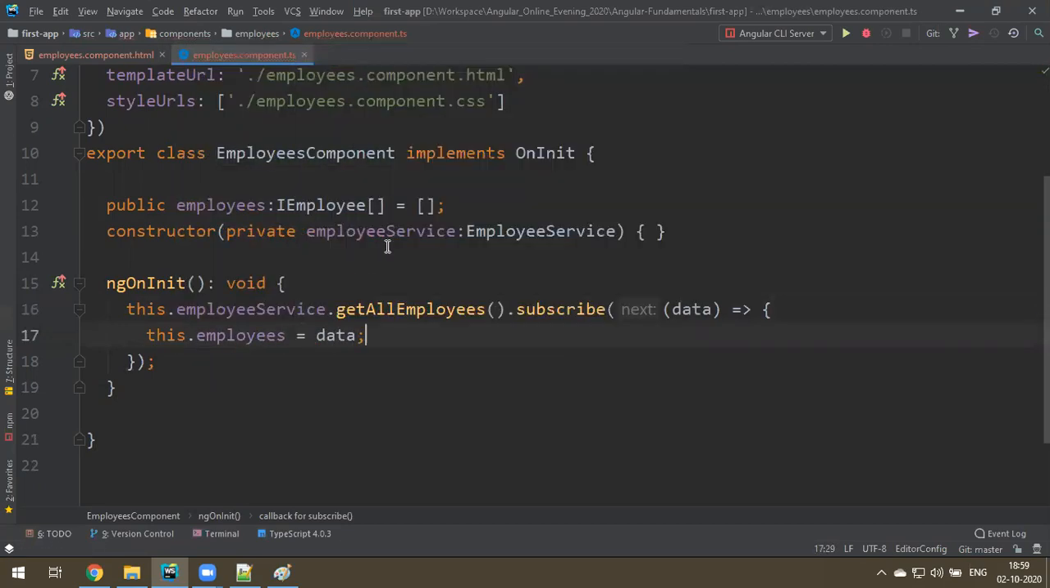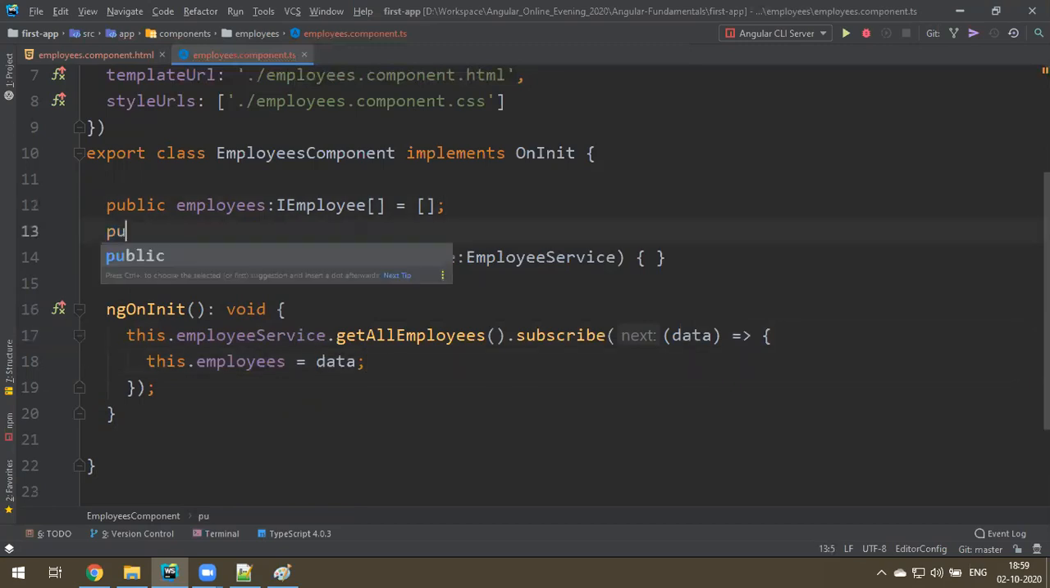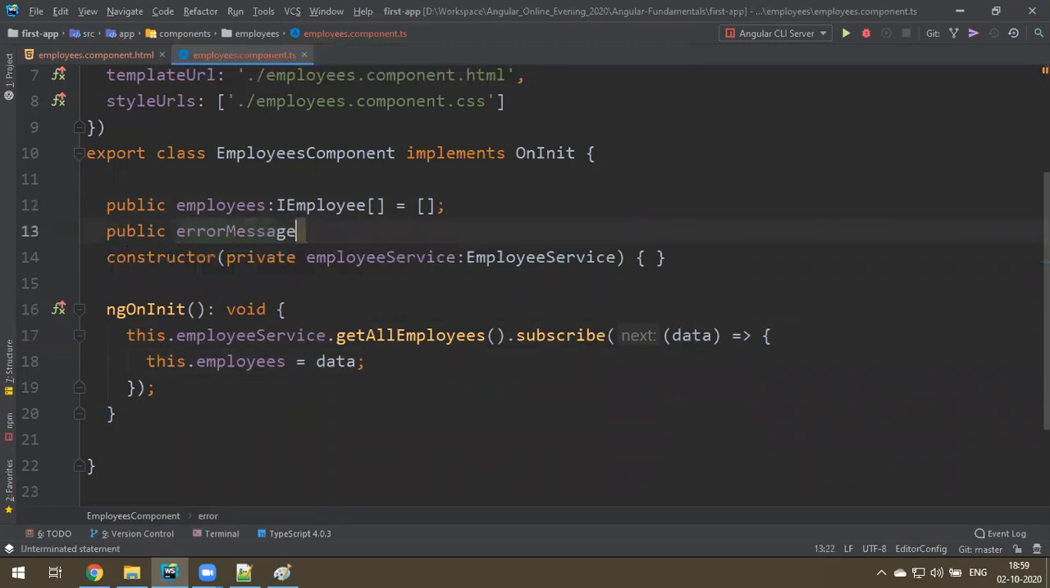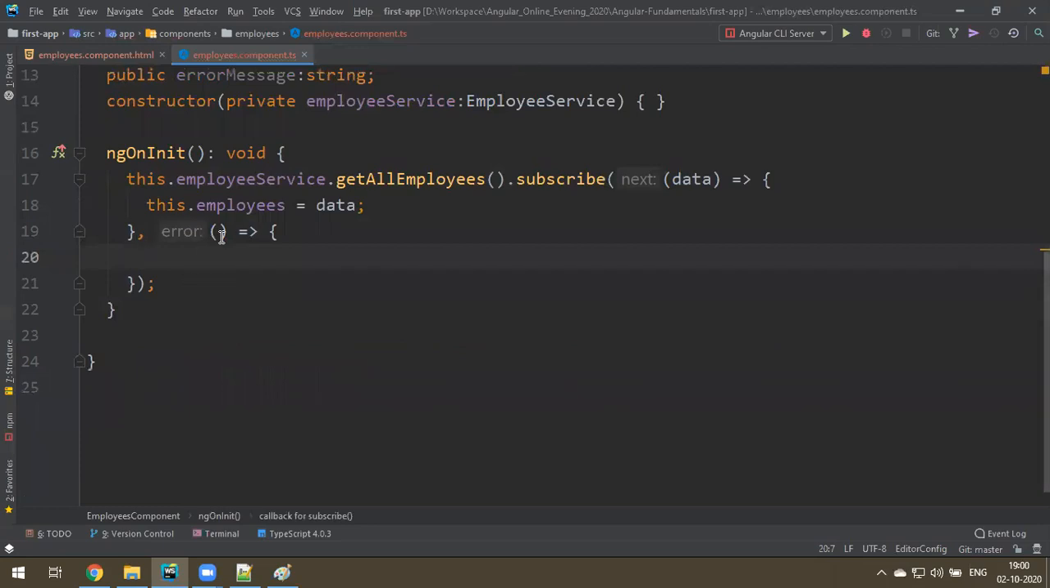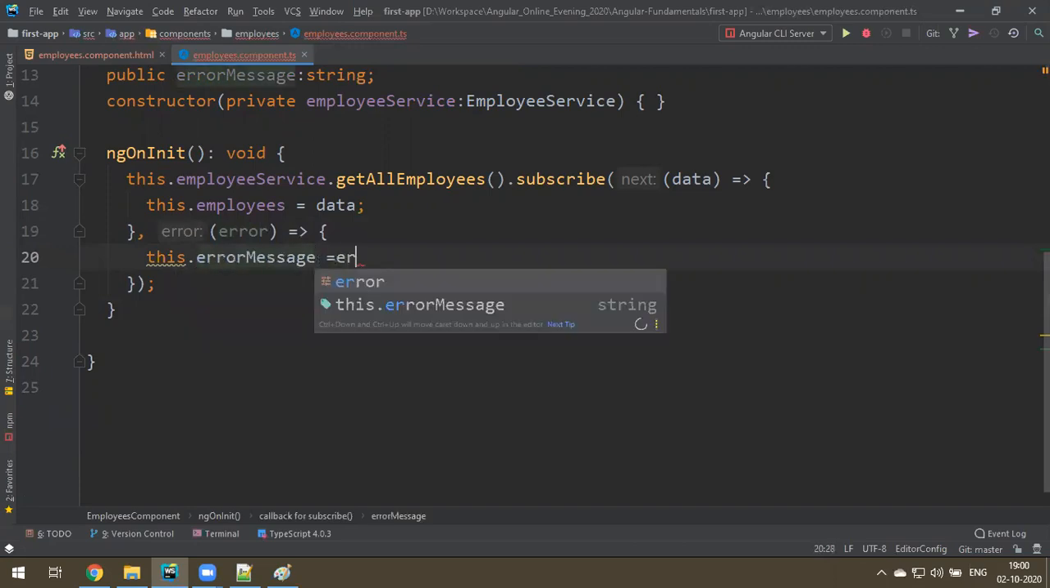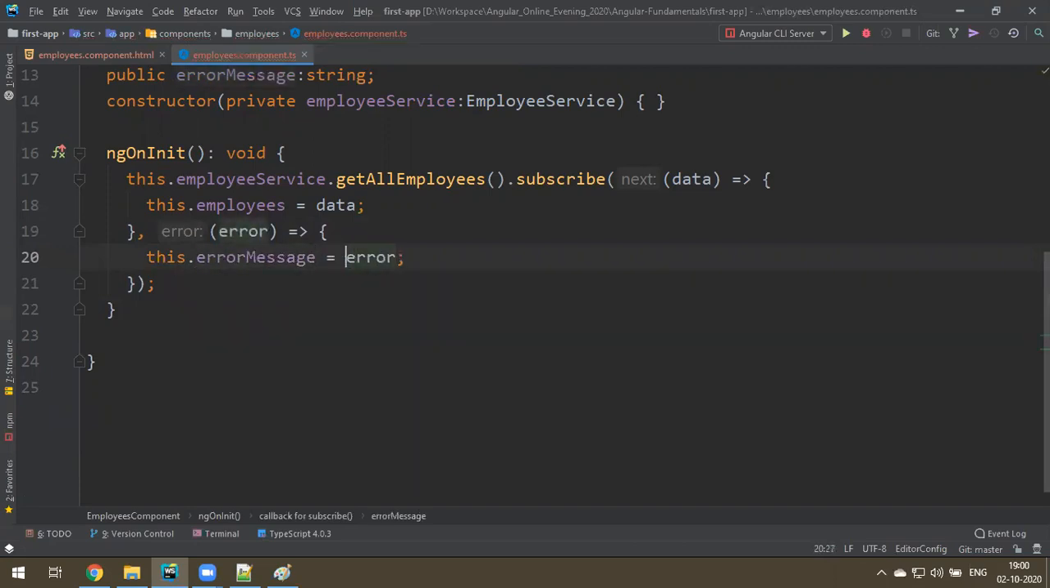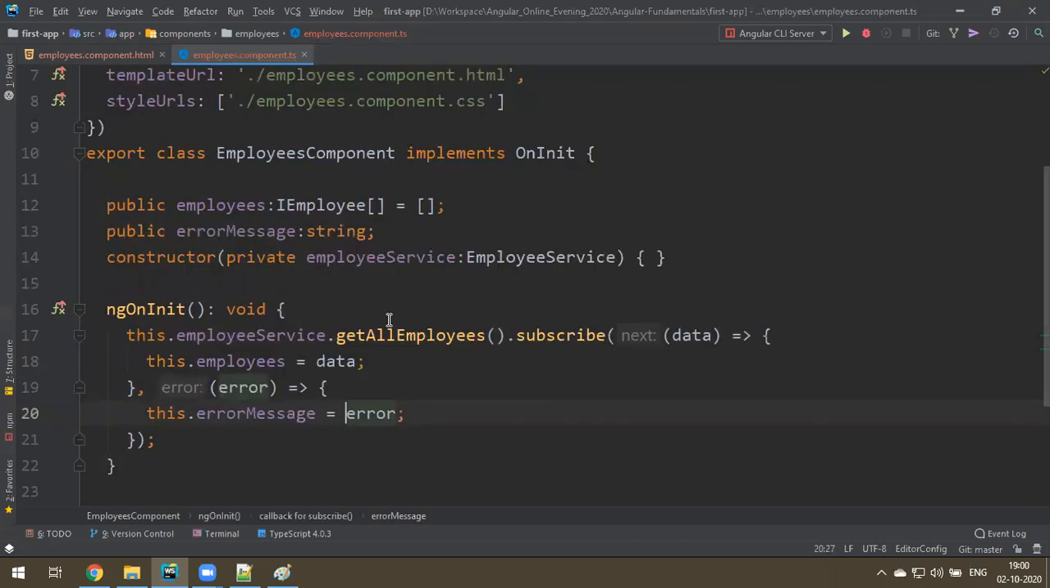Fine. And along with that, I just create another variable, public errorMessage of type string, is equal to just an empty string. Don't declare it also, no problem. Comma, another function that returns an error. So this.errorMessage is equal to error. Fine. Okay. So this is the fetch data from the service, and we have data in the local variable called